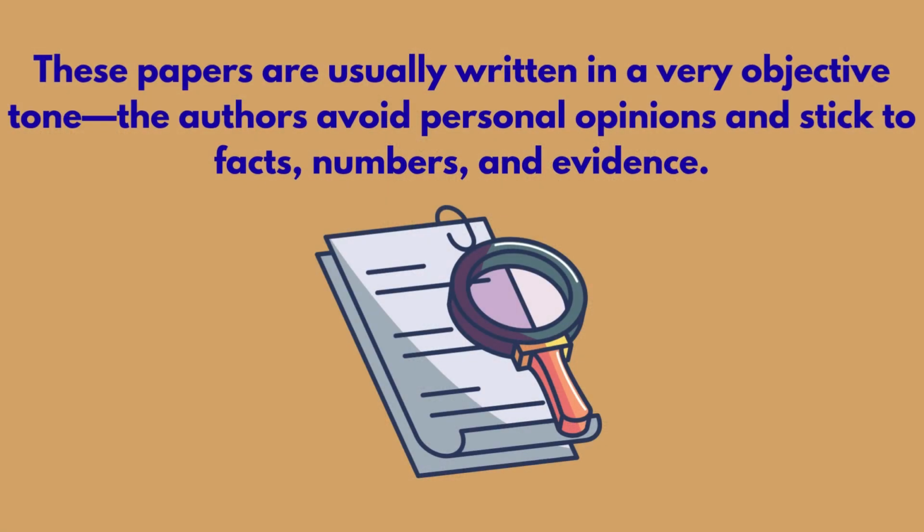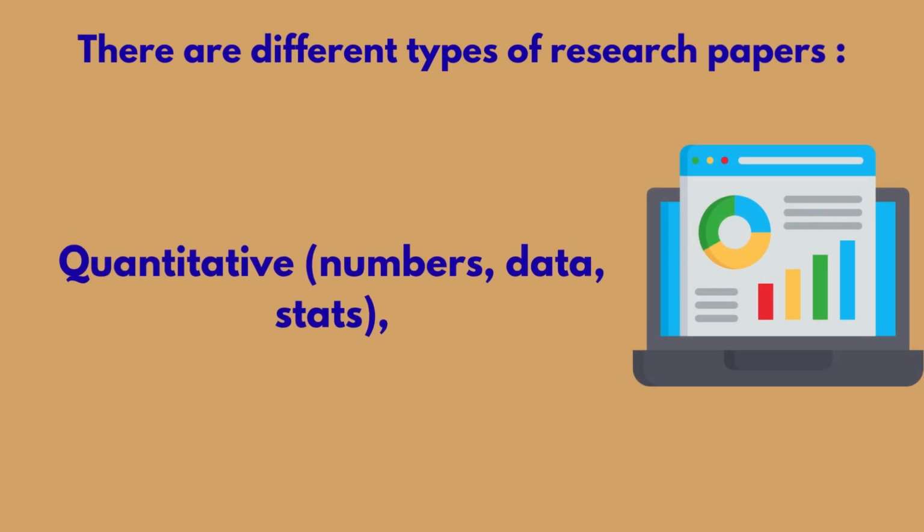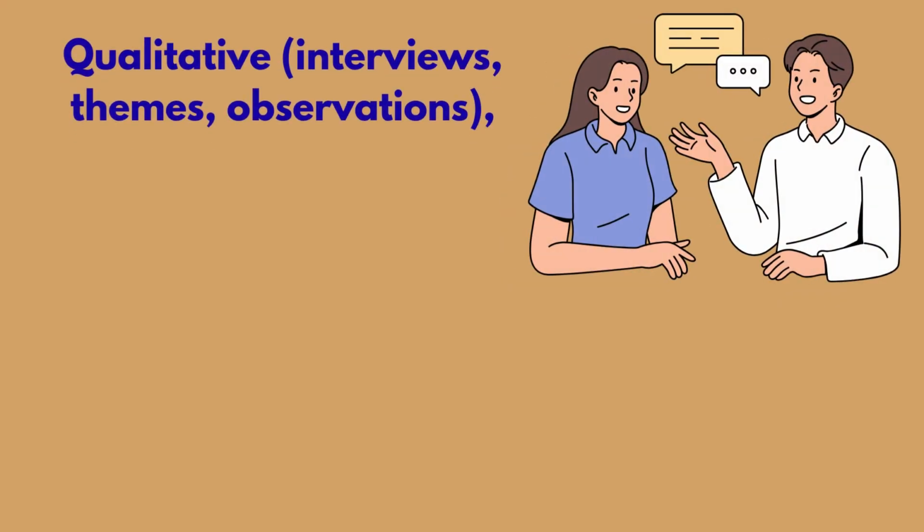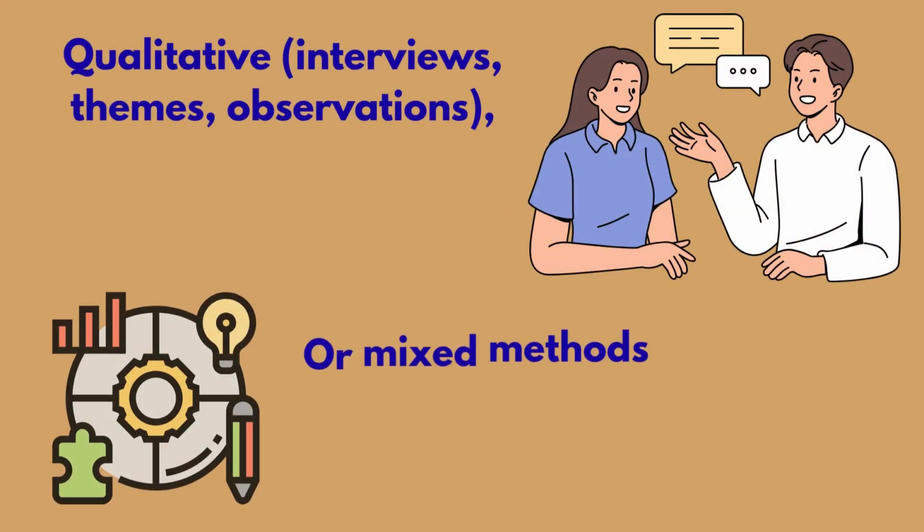These papers are usually written in a very objective tone. The authors avoid personal opinions and stick to facts, numbers, and evidence. There are different types of research papers: quantitative, numbers, data, stats; qualitative, interviews, themes, observations; or mixed methods, a combo